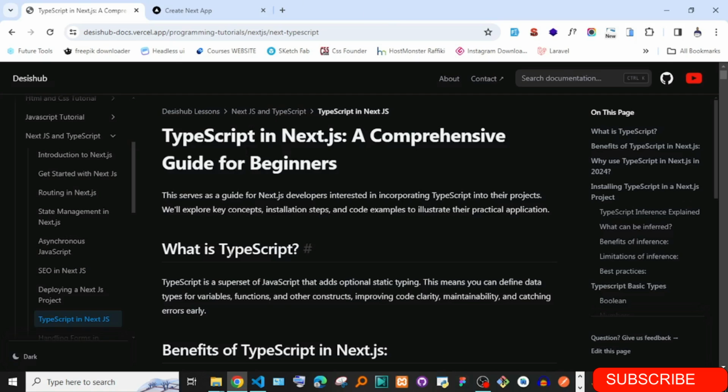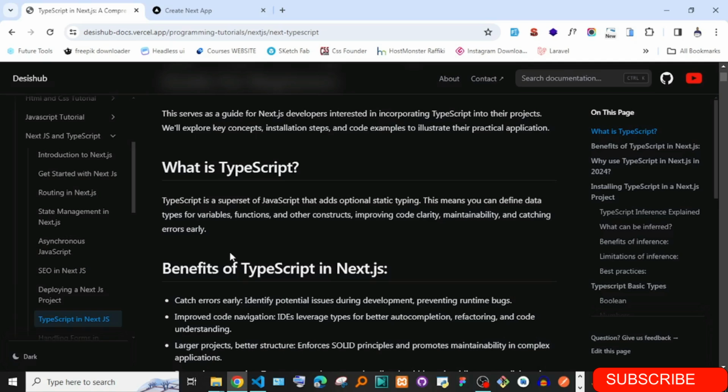At least we have looked at that, and we have all accepted Typescript is a superset of JavaScript that simply adds static typing or static checking to your project. This means you can define data types for variables, functions, and other constructs, improving code clarity, maintainability, and catching errors early. At least we have talked about that in a few seconds earlier.